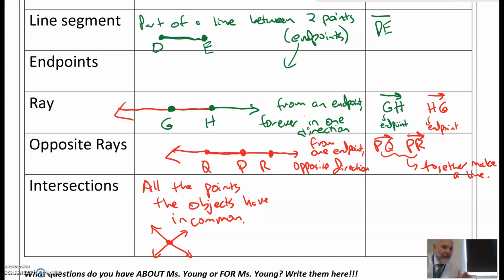What are all the points that these two planes have in common? And again, it's a line. It's this point right here and this point right here, right on the corner. That's on this plane, and it's also on this plane. And so every single point along this corner is